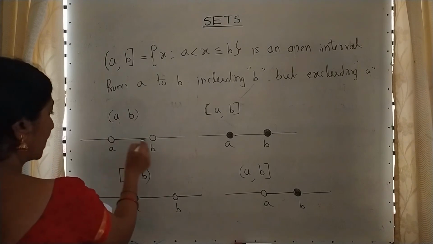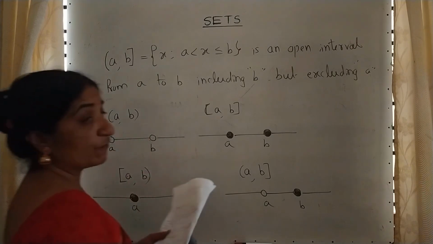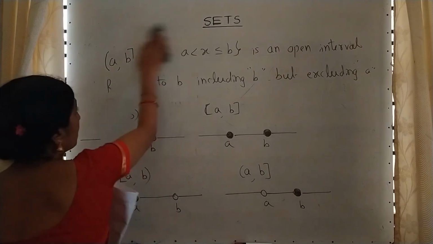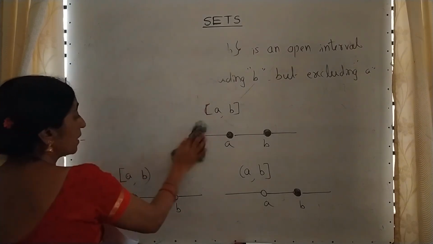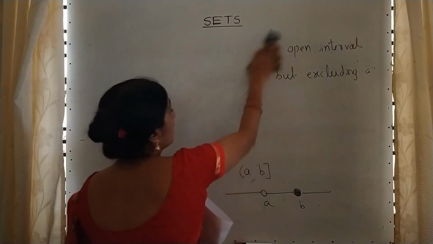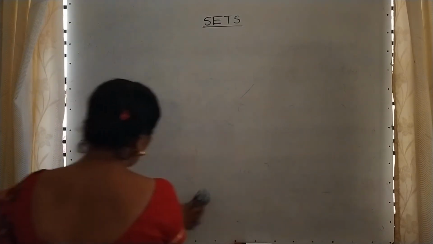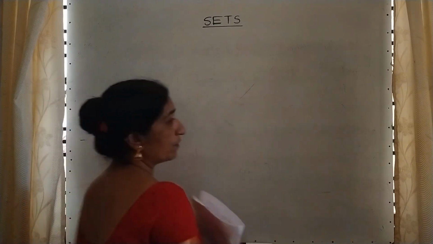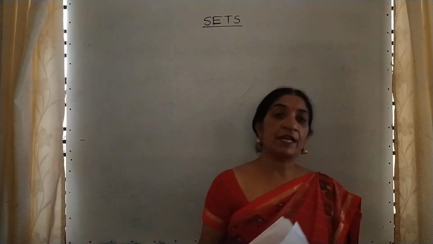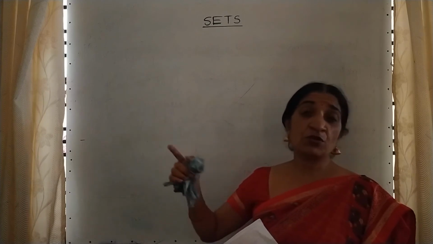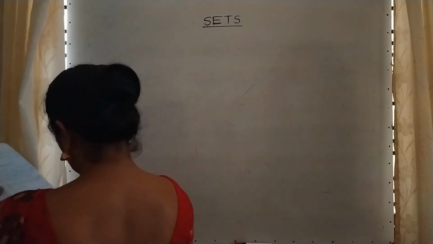And in between that we have so many numbers, infinitely many numbers, because we are writing this on the real number line. Real number line means it may contain fractions and decimals, as I told. In between 1 comma 10, don't write only 2, 3, 4, 5 like that. You can write 1.1, 1.01, 1.001, or 1 by 10. You can write the decimals.